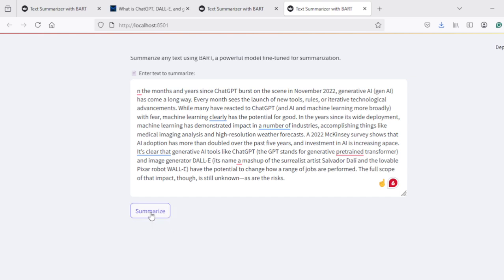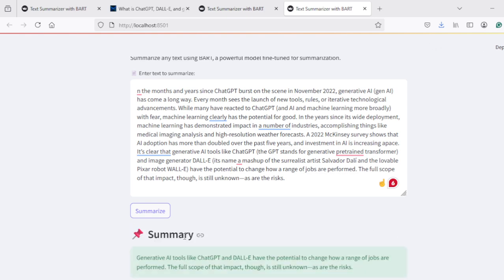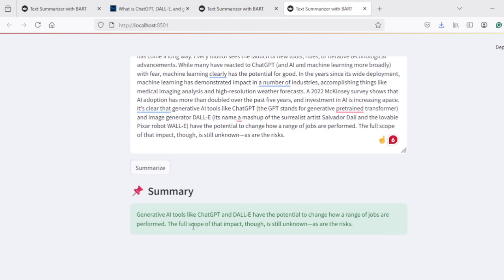Once I click on it, it will create a post request to the Hugging Face API URL, and that will send the response. And if it is a success, we will get a summary of these sentences, of this paragraph. And if there is any issue, we should get an error. So let me click on summarize. So it is generating the summary, and now we have the summary. See, now it has created a very interesting project, right? So it has created the summary.